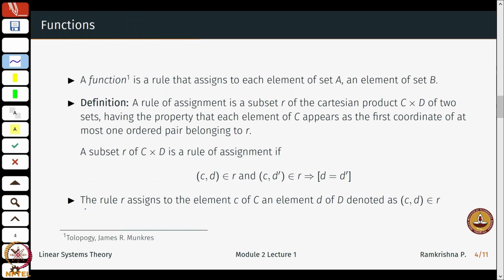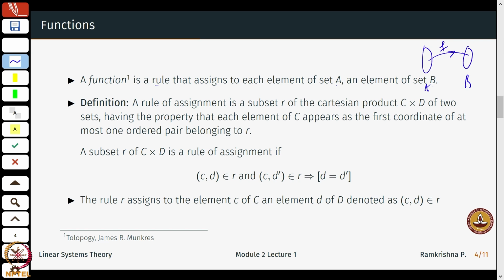Some other things which we would have learned maybe a bit informally is the notion of a function, and a function is always or usually defined between two sets, right, in such a way that it's a rule. Okay, this is a little abstract, but things will be clear soon. It's a rule that assigns to each element of a set A an element of set B. So usually, this is a standard textbook notation, you take a function f which associates each element of A to an element of B.